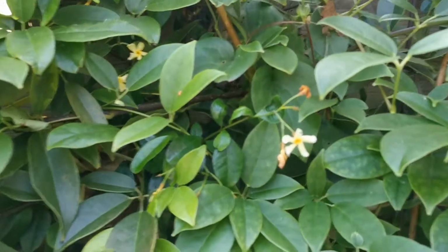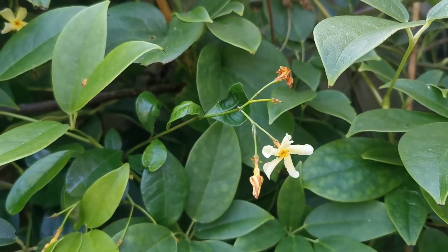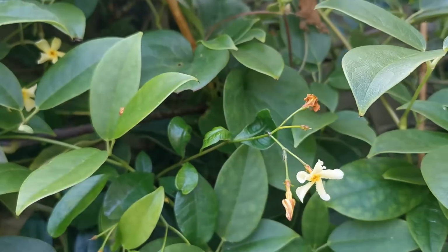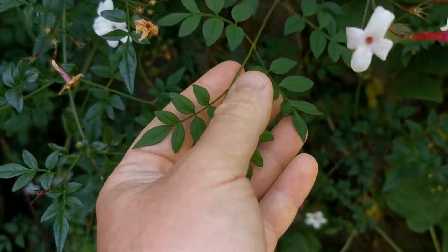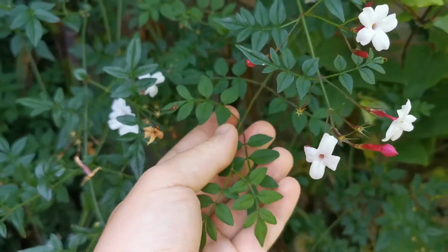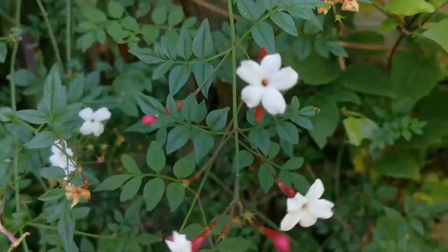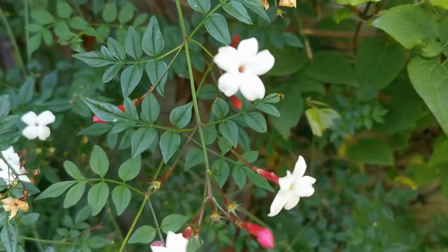About the difference between the jasmine and the Trachelospermum jasminoides, well, one is the leaves. The leaves in most jasmine, especially in the fragrant jasmine, are kind of pinnate. I can show you the difference with the Jasminum officinale Inverleith. The leaves of the fragrant jasmines usually have this kind of shape, very elegant, almost fern-like, as you can see, and the flowers basically open flat. You can see they really are quite flat as a flower,